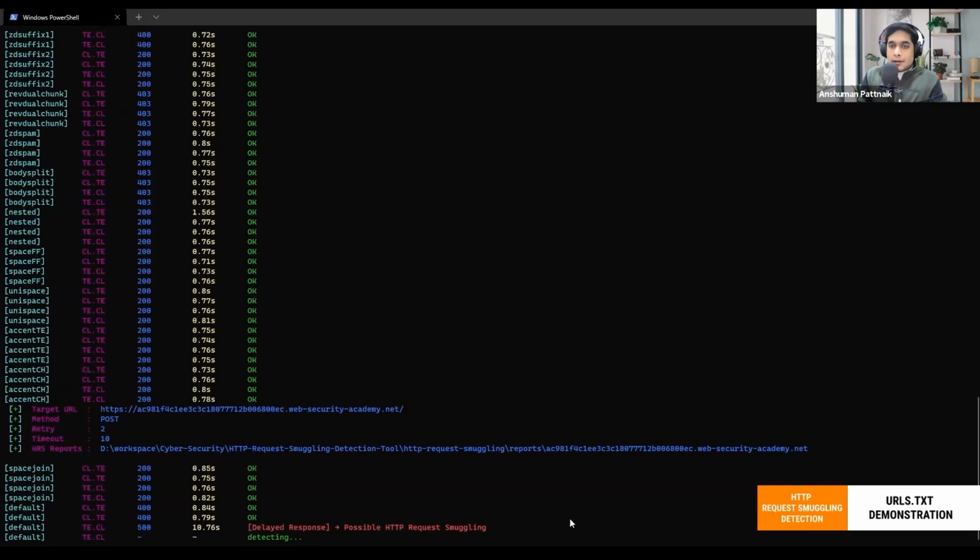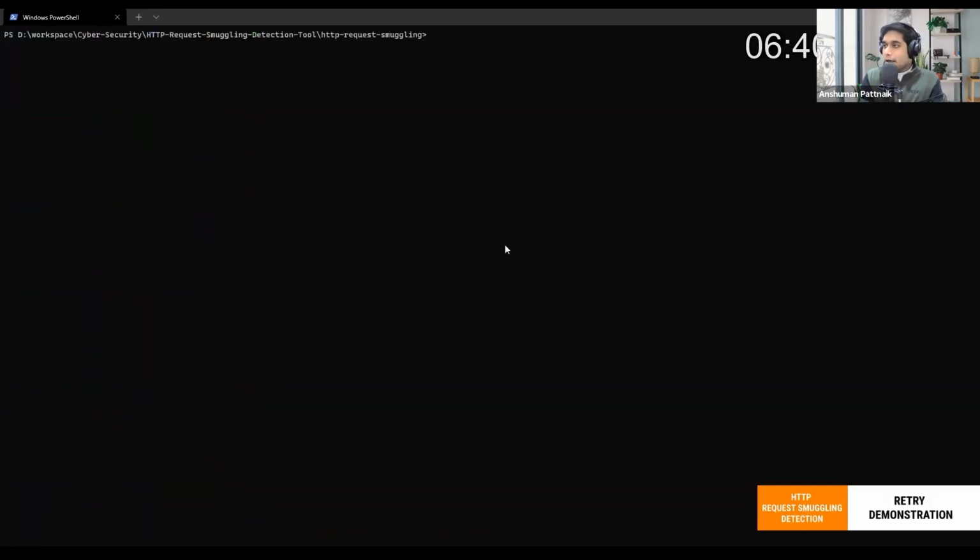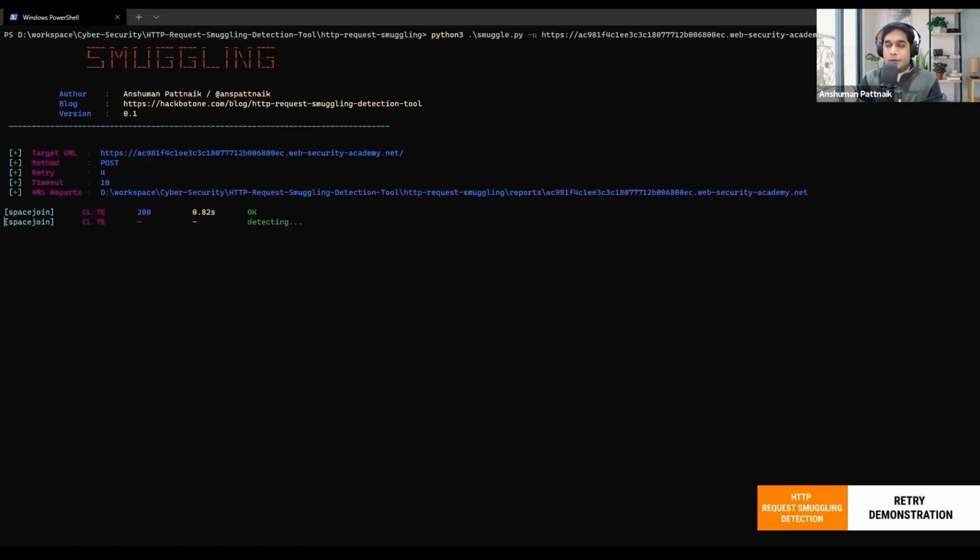The last demonstration is for the retry flag. That is python3 smuggle.py, the target website, and the retry flag is -r with the retry count. The main thing I would like to mention is that this retry flag is very useful, because as I mentioned earlier, to detect the HRS vulnerability we need to apply the payloads multiple times.